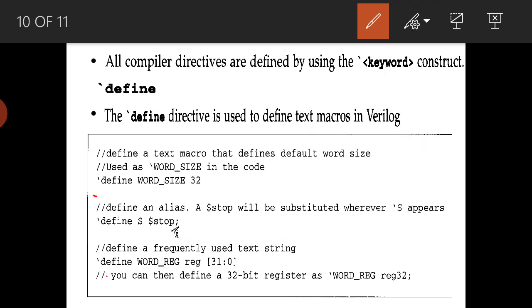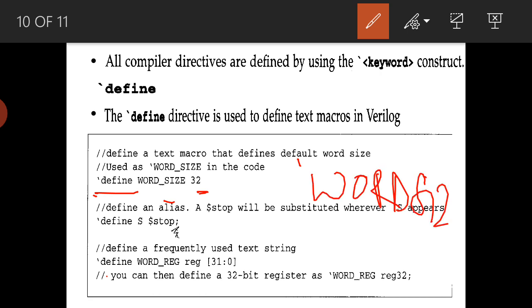If I use tick define word size 32, then wherever I use tick word size, that will be replaced with 32.